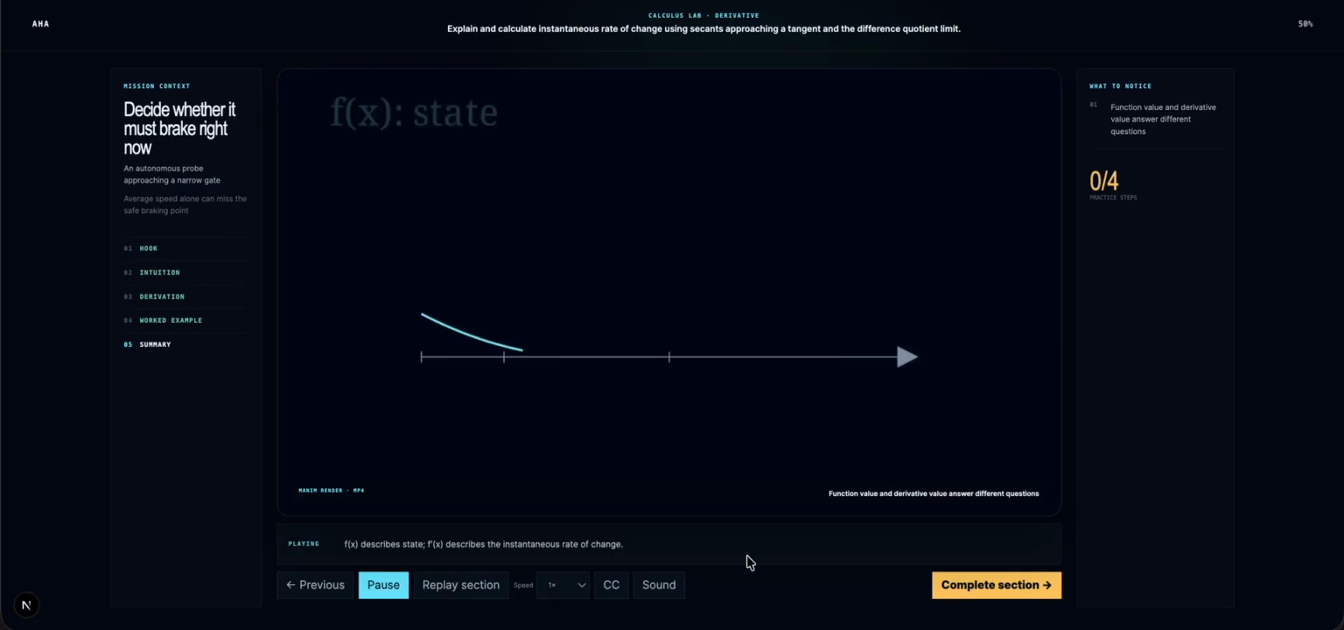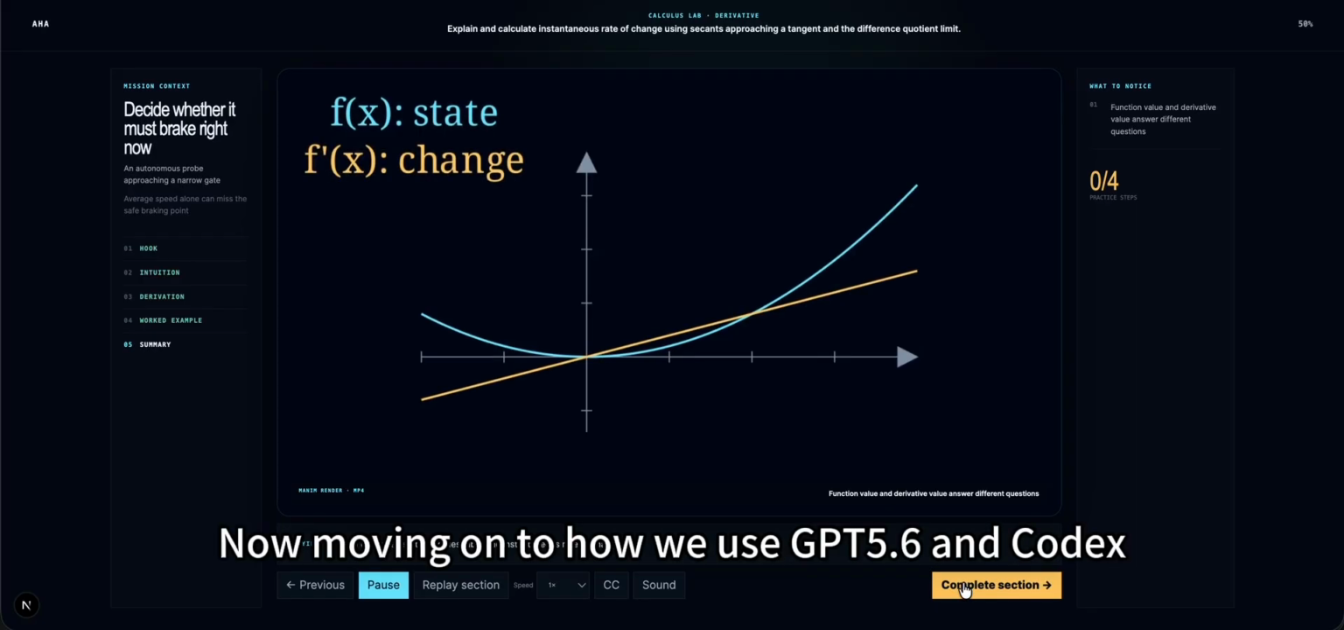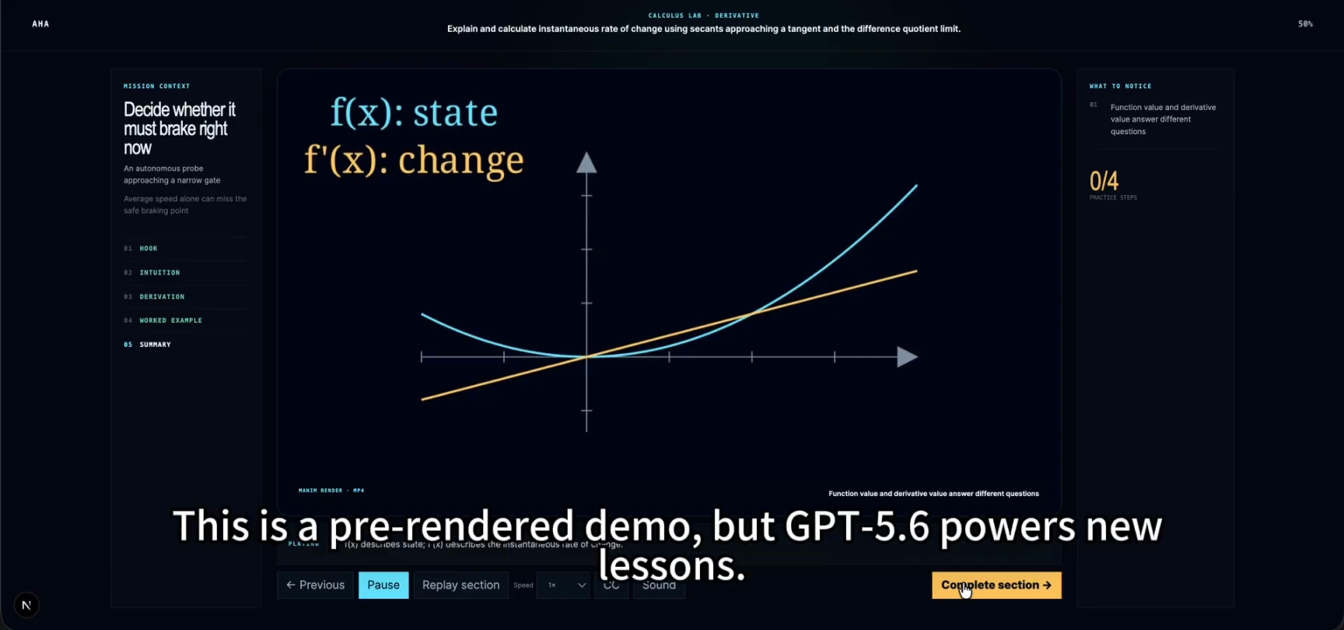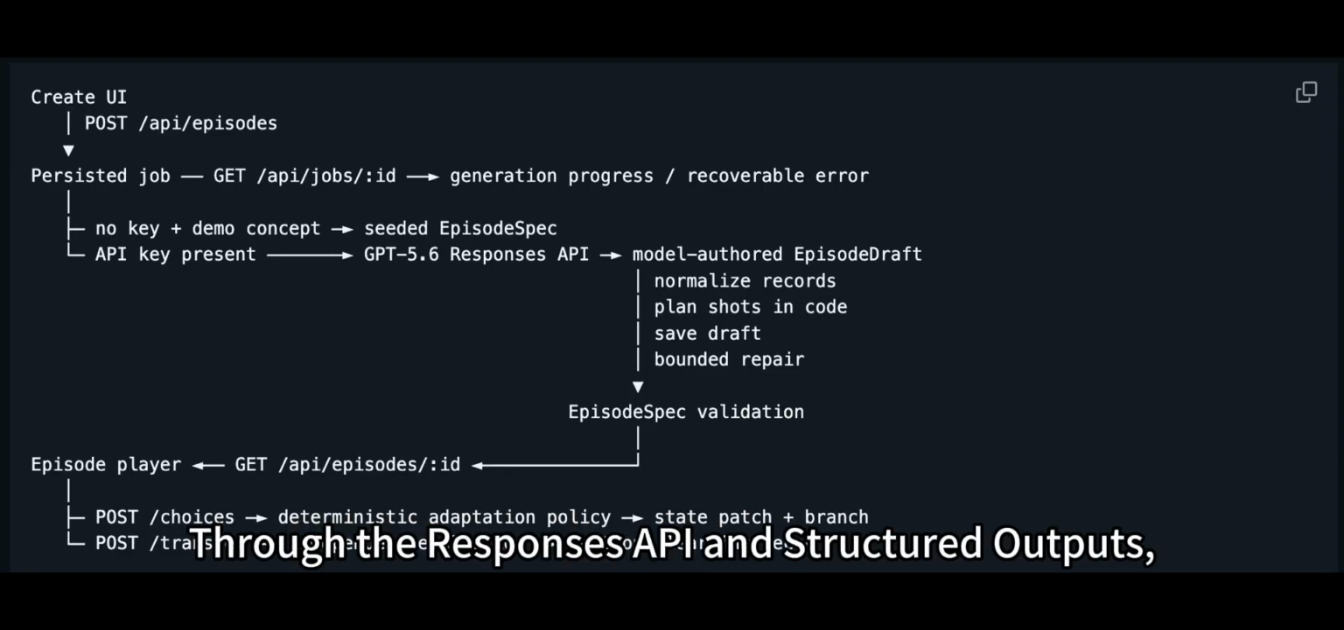The derivative maps every position in a function to its instantaneous rate of change there. The function tells us where we are, and the derivative tells us how fast that state is changing. This is a pre-rendered demo, but GPT 5.6 powers new lessons through the Responses API